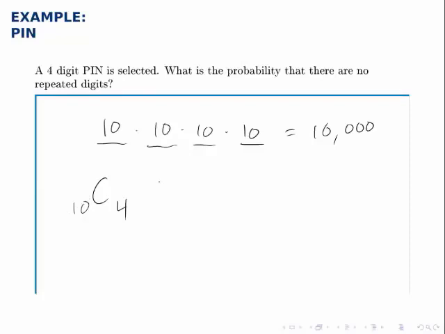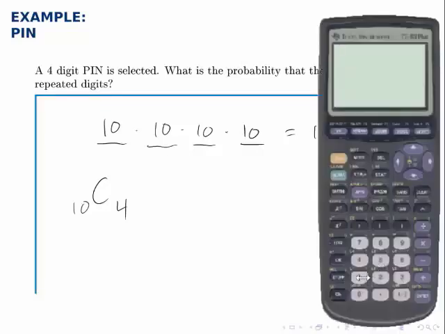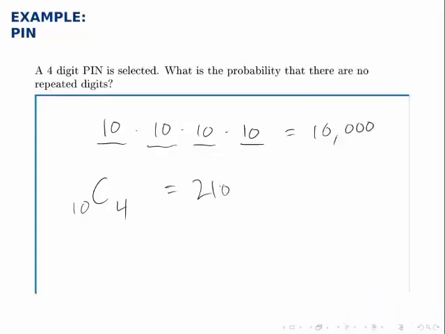But once we see that, calculating is pretty straightforward. We'll use the calculator again and the built-in combination function. So 10 Math Probability nCr 4. There are 210 possibilities for how you could build a PIN without repeating digits. So the probability that that happens randomly